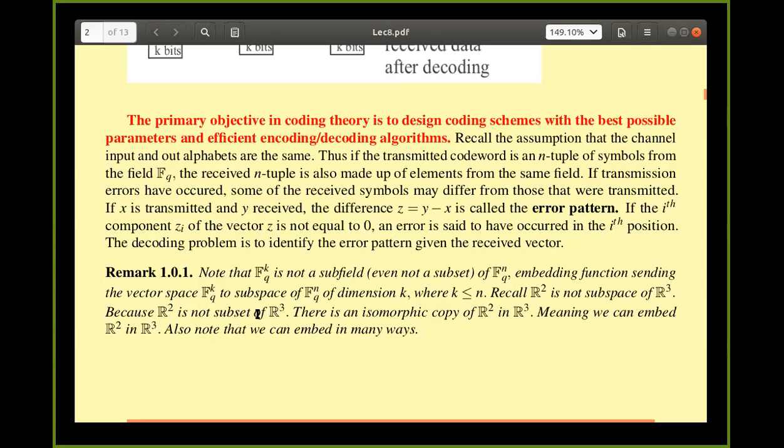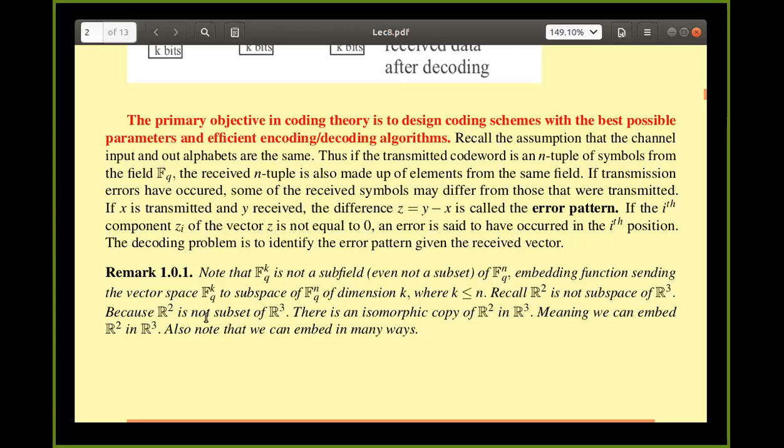Do you understand what Aditi told? X comma y, I can embed in R3 as x comma y comma 0, right? So the z value is 0. That means I am in the xy plane in R3, geometrically. I can also make other ways. Is there any general approach, can somebody help me? How can you look at R3 in infinite ways, as Aditi showed? Can somebody else tell me why she said infinite ways?